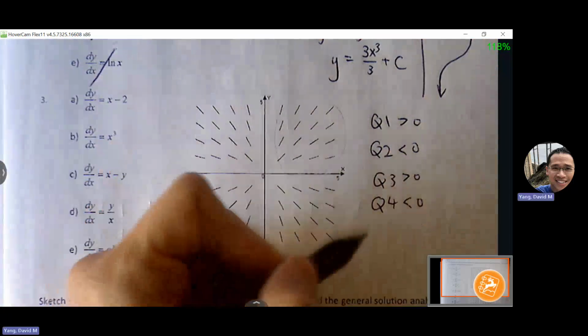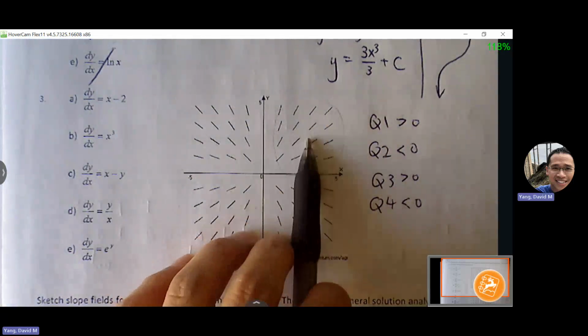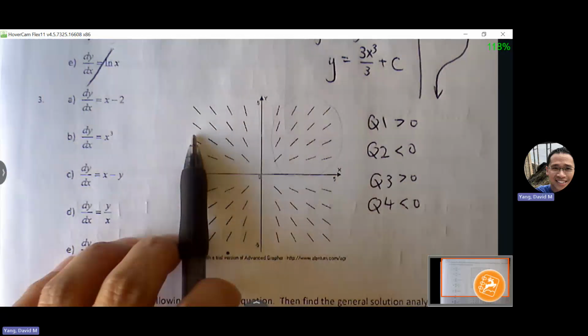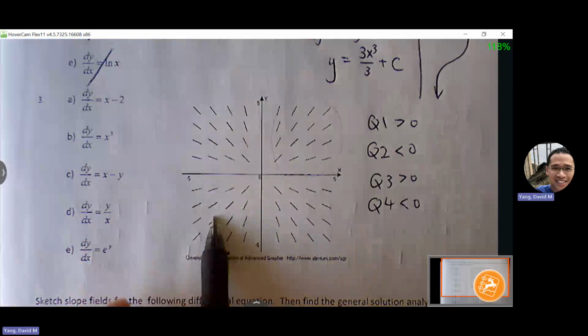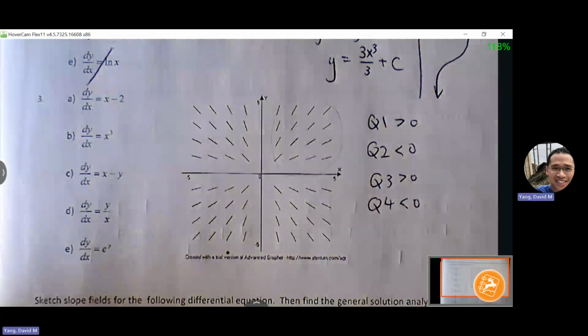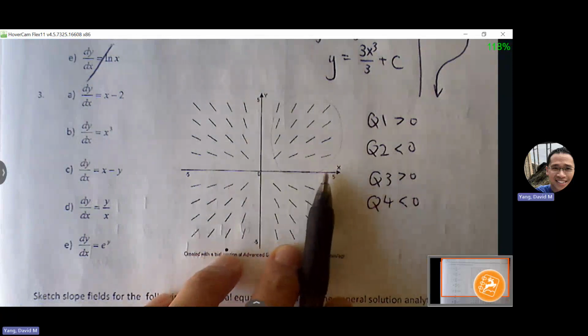So that's a lot of good information, right? That means any ordered pair that I plug in from the first quadrant, I have to get a positive number. Any ordered pair I plug in from the second quadrant, I have to get a negative number, right? So that could help us eliminate a bunch of things. Now, I do want to point something out here about the